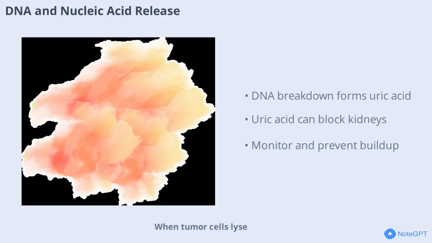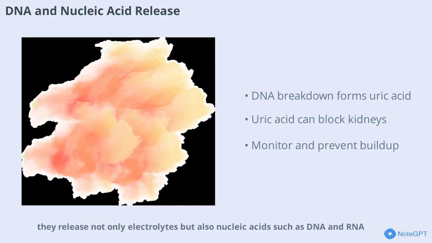When tumor cells lyse, they release not only electrolytes but also nucleic acids such as DNA and RNA. These are broken down into purines, which are then converted into uric acid. High levels of uric acid can crystallize in the kidneys, leading to obstruction and acute kidney injury. This process underscores the importance of monitoring uric acid levels and using medications to prevent uric acid buildup in an